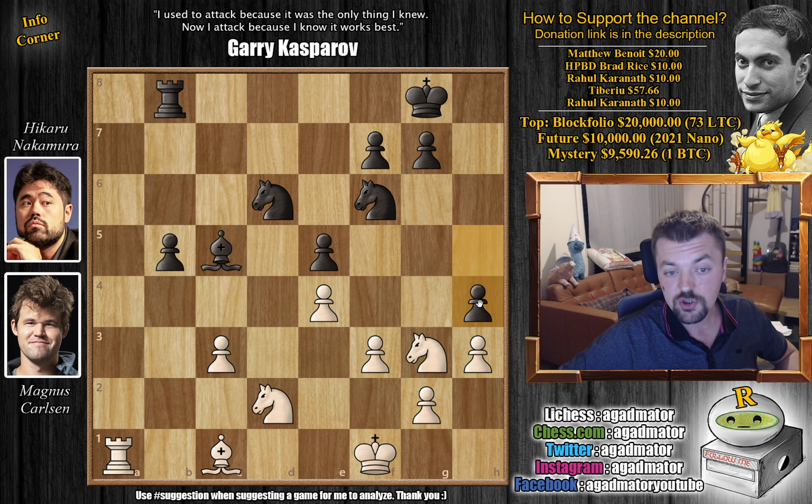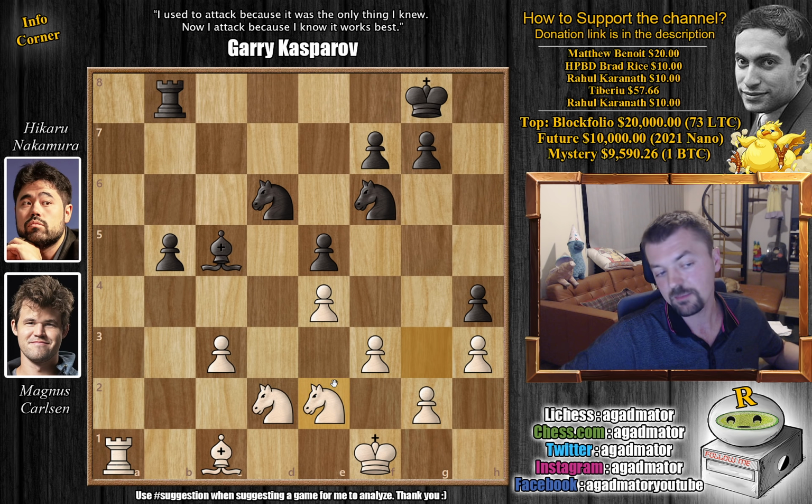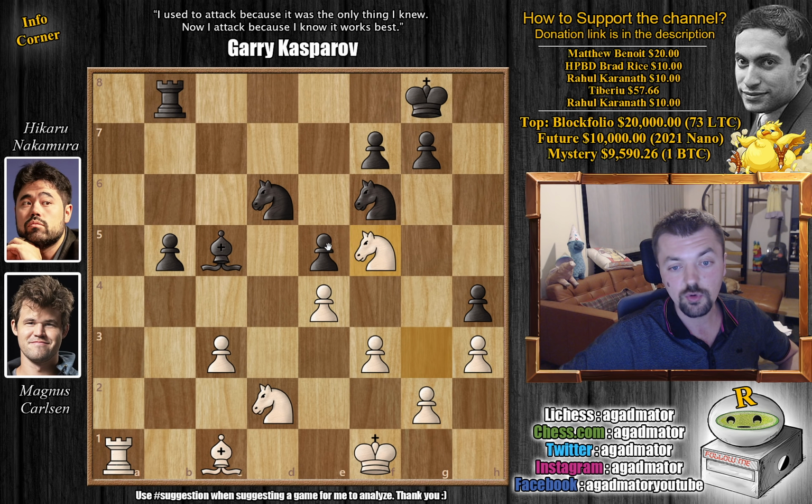Hikaru still pushes h4, and now comes knight to f5. The problem is after knight to e2, seems like maybe it's playable. This knight really doesn't have a future. There is no square where this knight can go to. You could go to g1, but I mean, what's the knight doing on g1? So instead, Magnus goes forward. After h4, he goes knight to f5, and here Magnus was already down to 1 minute and some 25 seconds